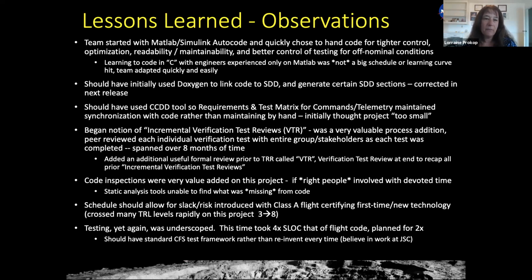And I've found that this is sort of a hit or miss. Sometimes code inspections are not that valuable, but in this case, if the right people were there, they were very valuable. In fact, they were way more valuable than the static analysis, because static analysis couldn't detect things that were missing from the code. Static analysis runs over the code that you have, but it doesn't point out holes in the code. And that's what the people were really